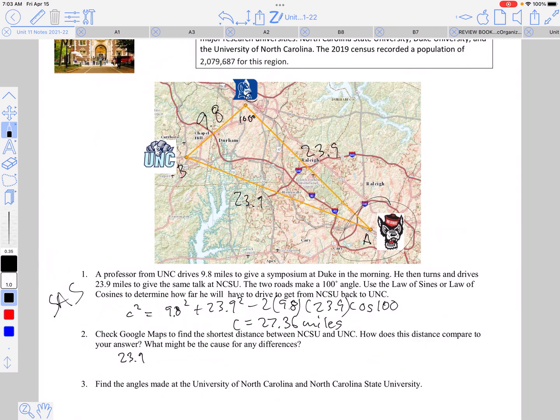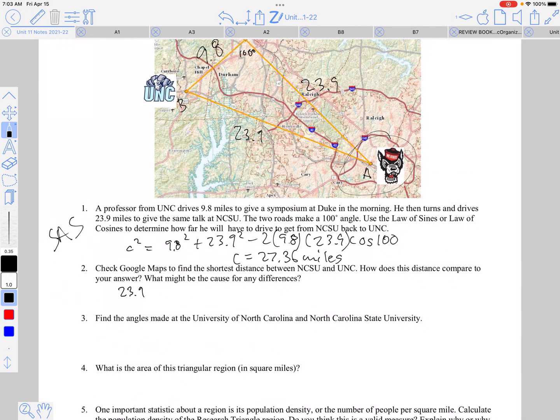So now you're going to notice I have side, side, angle. A couple ways to state this. And because I have side, side, side, now I could actually use law of cosines, but I want to